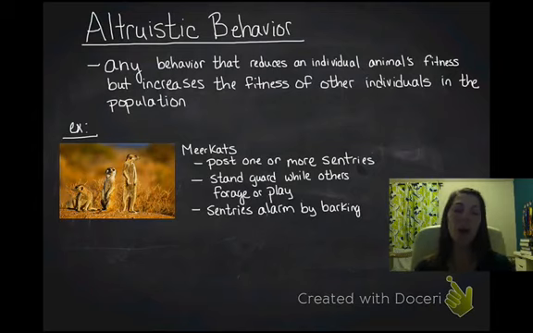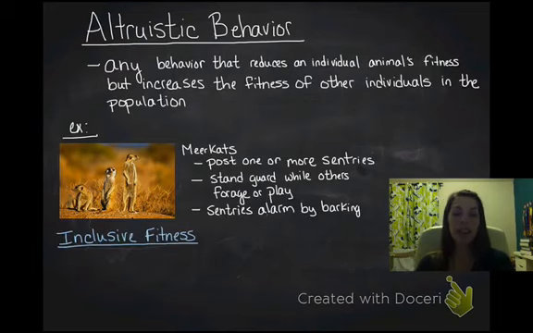Now, altruistic behavior is kind of puzzling. It doesn't make a lot of sense as to how altruistic behavior would actually happen, because in meerkats, there has to be some genetic underlying for that behavior. So I'm a sentry, I have a genetic underlying to alarm, but it's going to lead to me having a short life expectancy and not having very many offspring. So how am I passing that gene for altruistic behavior on?